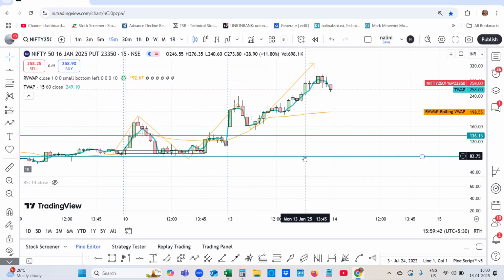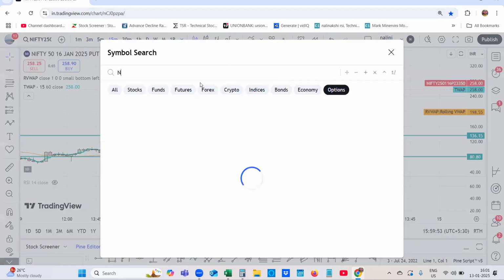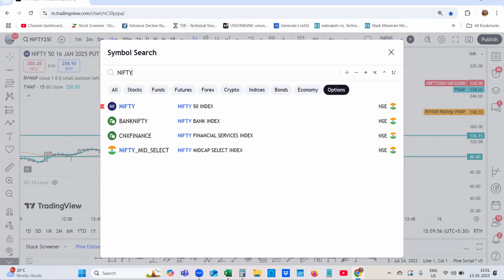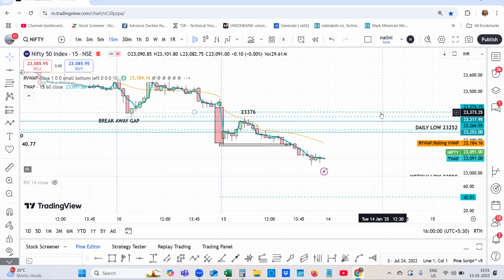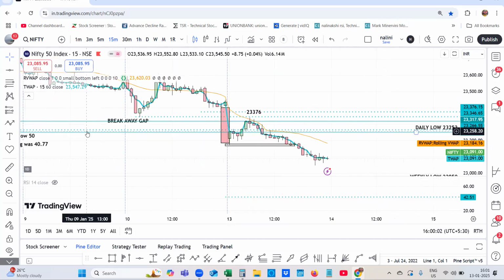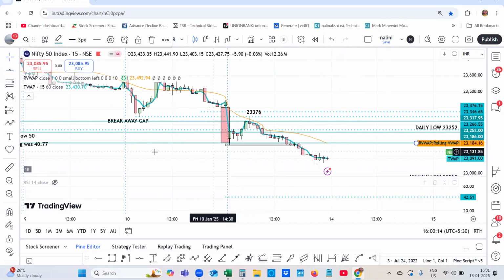You need to master it. You need to see where the position of RSI is. Let us go back to the Nifty chart, and let us check. Before itself, you need to mark these two levels, the VWAP level 23,183, like this.